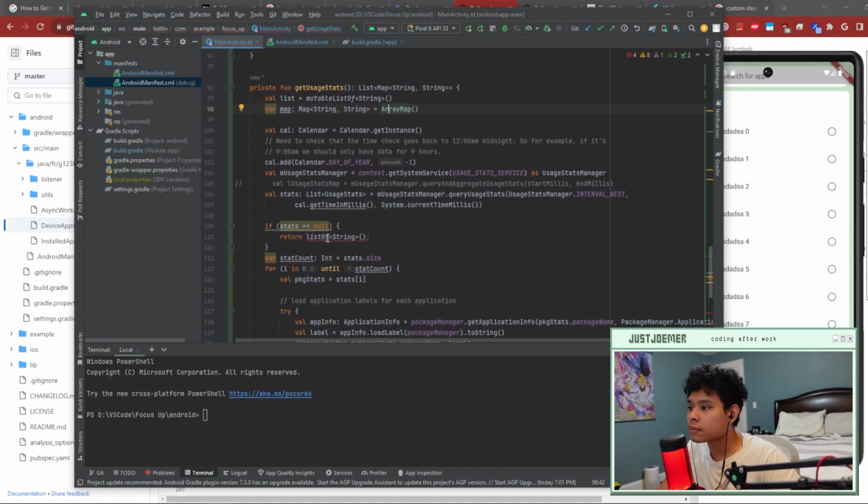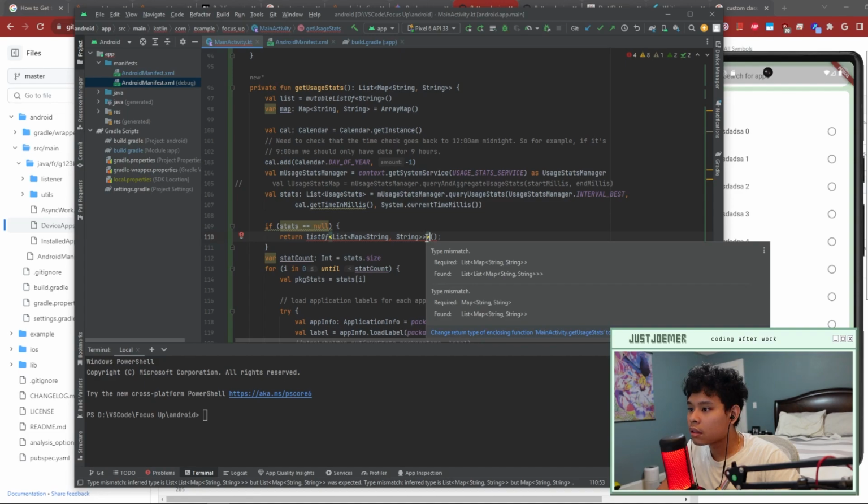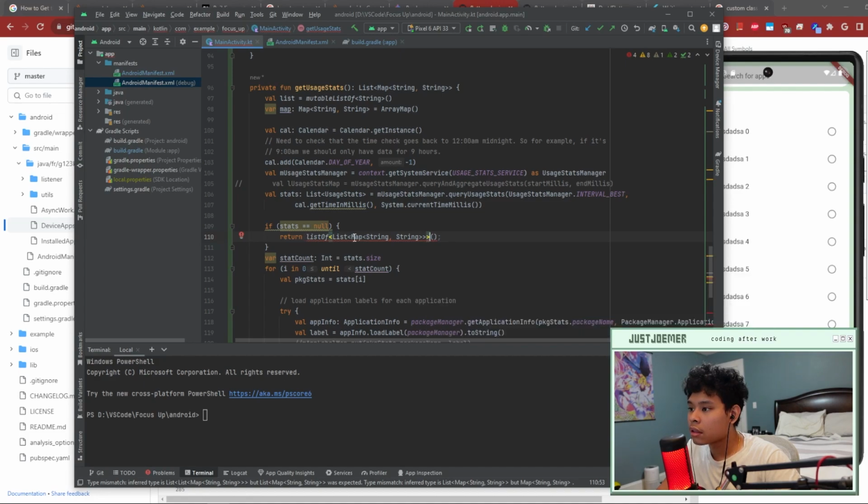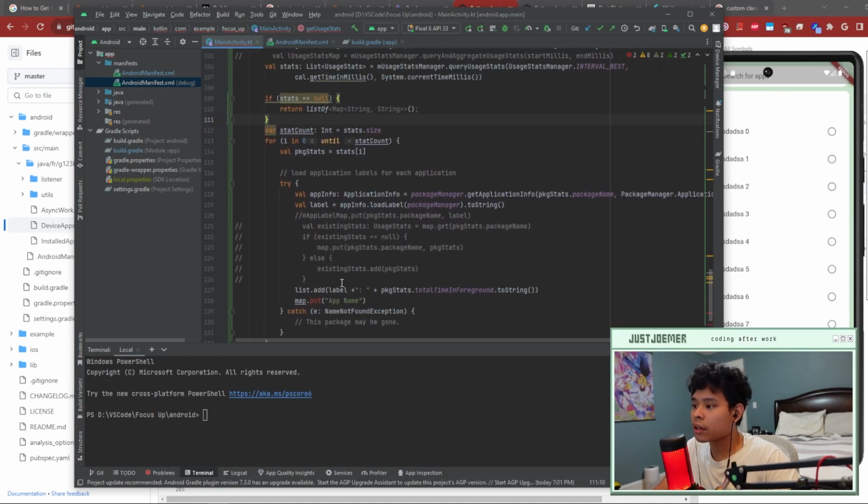And okay, so let's do map dot put label, or let's do